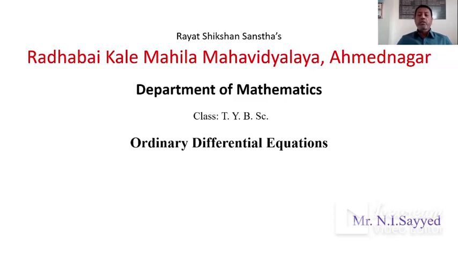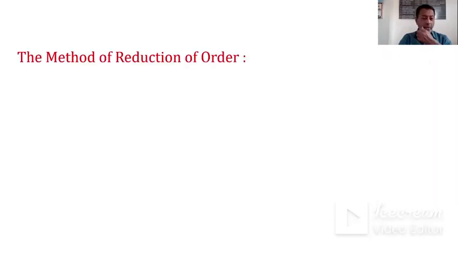These two methods are applicable to differential equations having variable coefficients also, or they are also applicable for constant coefficients. Now here we have considered, suppose y = y1(x) is a solution